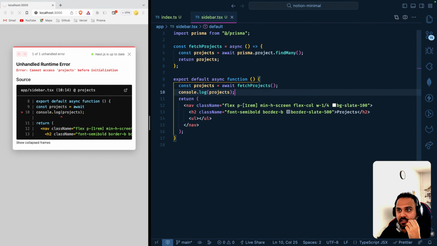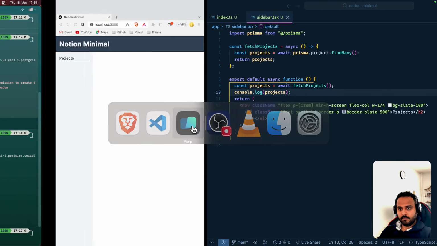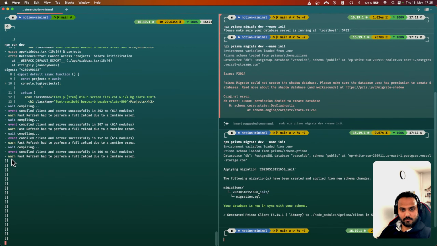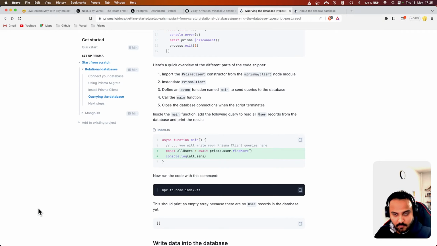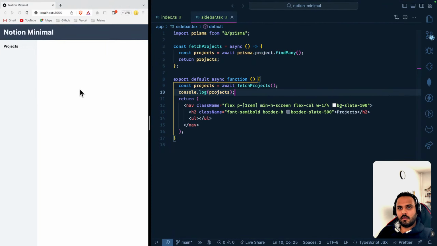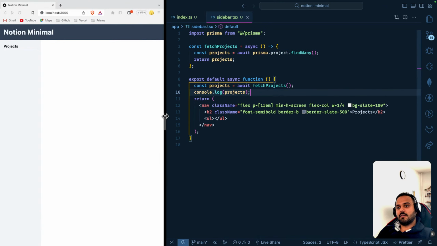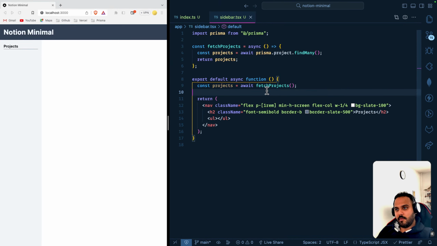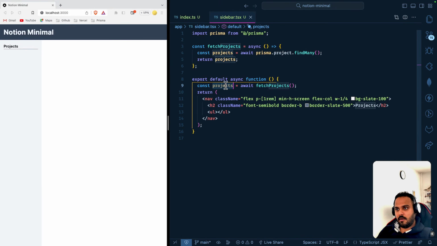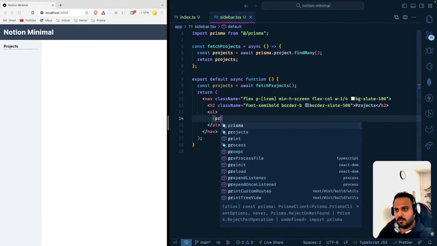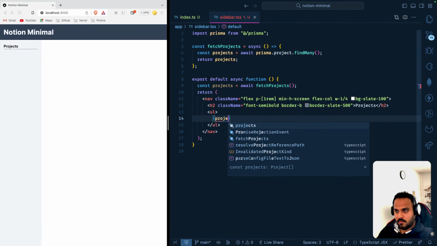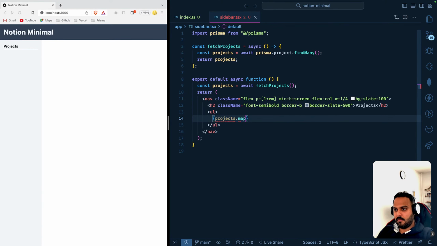Cannot access projects before initialization. What? Why? There you go. Nothing is there, but it's already working. Okay, so we do have a mechanism to fetch the projects. So now I can encapsulate that logic here. So projects.map